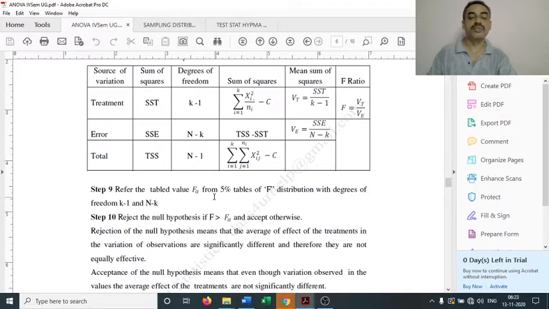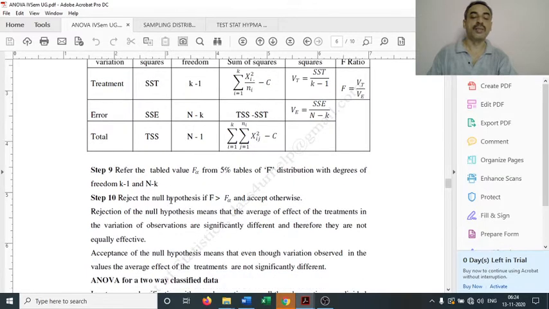So from tables of F distribution, for example at 5% level of significance, obtain the critical value for k minus 1 degrees of freedom as n1 and n minus k degrees of freedom as n2, and we reject the hypothesis if F is greater than F alpha. The F is the value we compute using Vt and Ve. F alpha is the value we obtain from tables of F distribution. So if F is greater than F alpha, reject the hypothesis, and if F is less than F alpha,